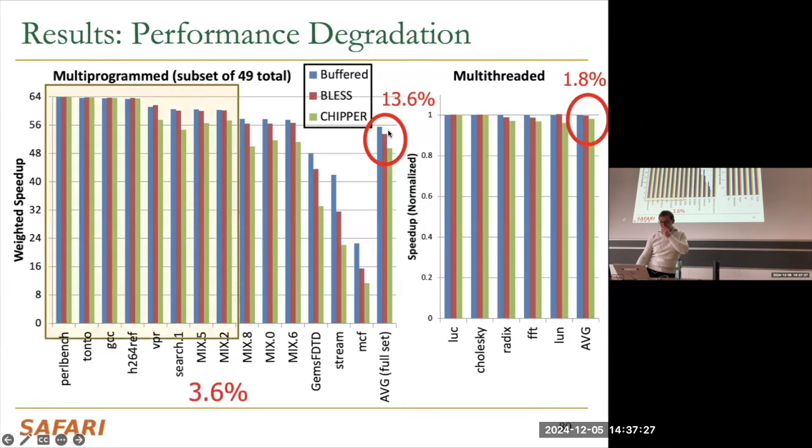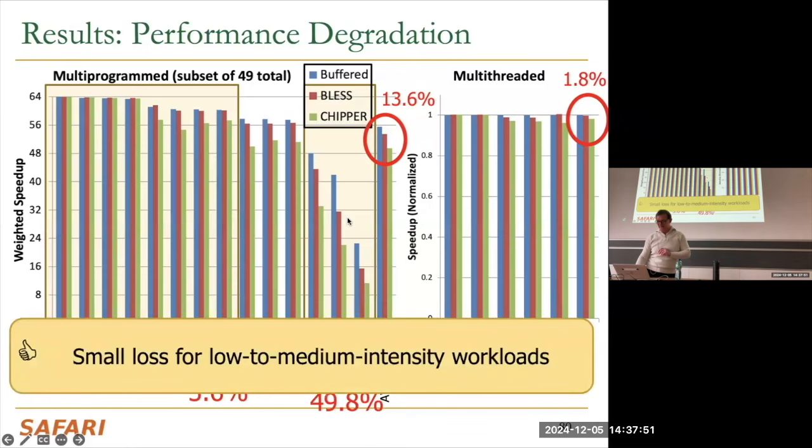In multi-thread, it's actually better. And on most workloads that are not as intensive, you have a small performance degradation. On workloads that are extremely intensive, you have a large performance degradation. So Stream, for example, is a very intensive workload. Almost every request is a cache miss. So you really flood the network over here. How realistic are they? It's good to ask the question, but there may be some workloads like this in real life too. Okay, so basically for low to medium intensity workloads, you get small loss, but for high intensity workloads, you have a large loss. Clearly,